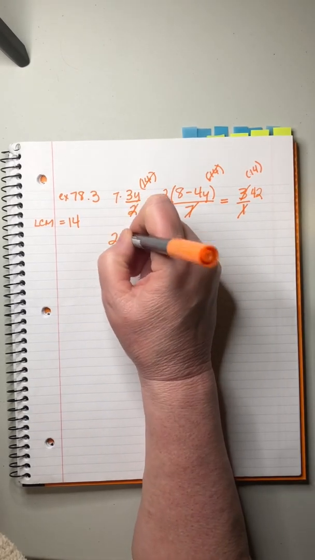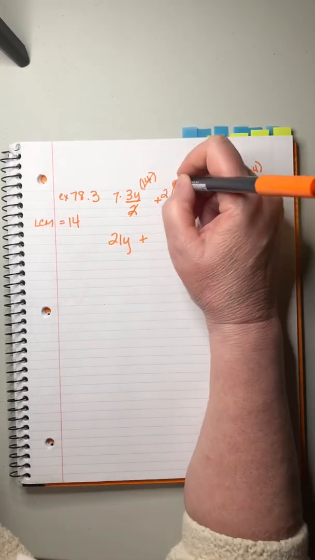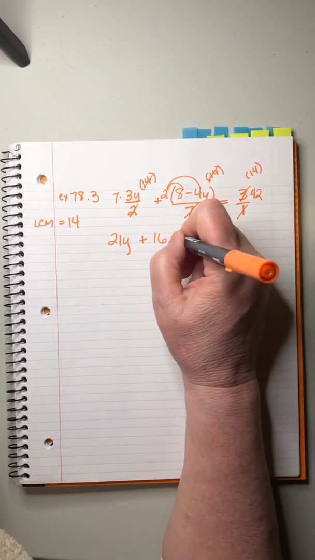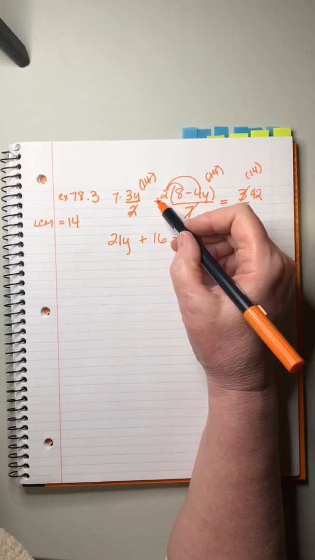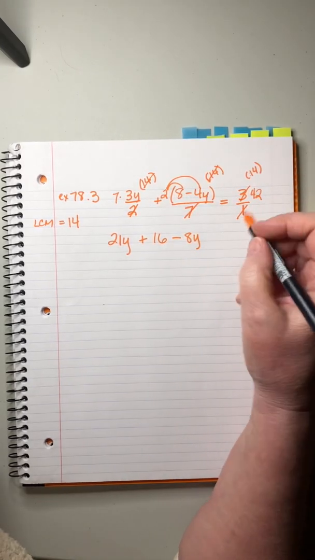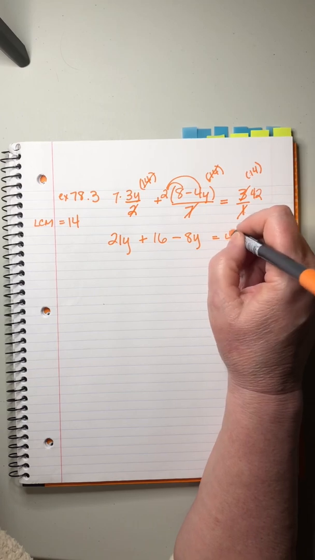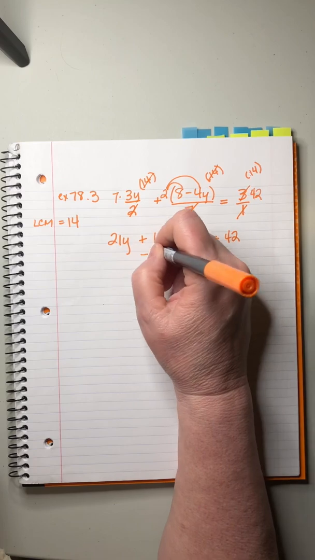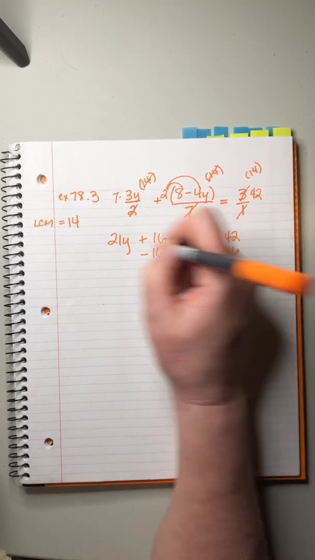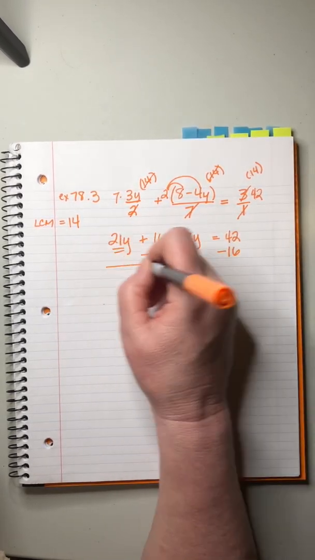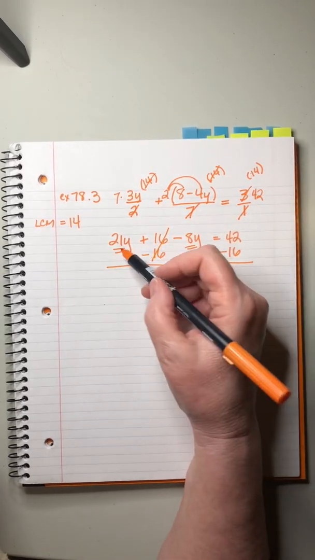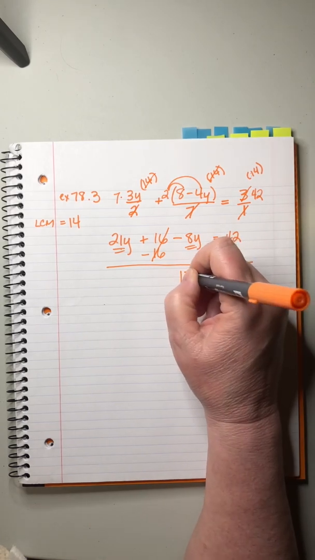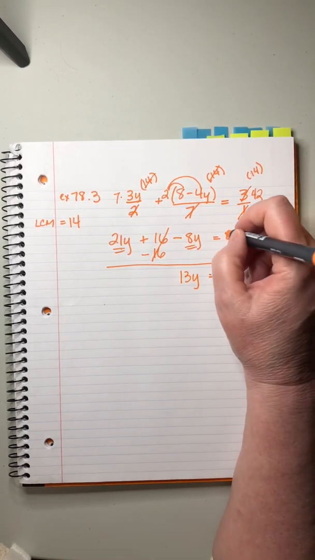Okay, ready? 21y plus, I'm going to distribute as I write this down, plus 16 minus 8y, right? Plus 2 times minus 4y equals, and I already did the work on that, 42. All right, I'm going to subtract 16 from both sides, and I'm going to combine these two. I'm going to do it all in one step. That's gone. 21 minus 8 is going to be what, 13y? Equals